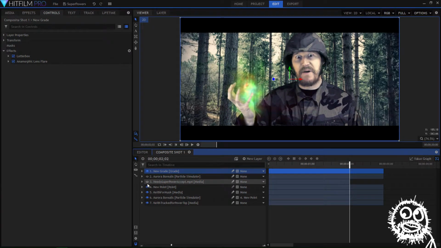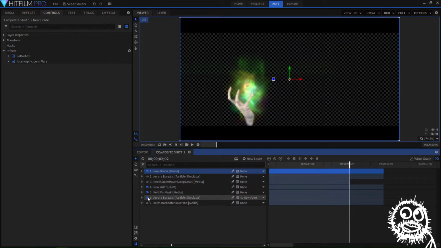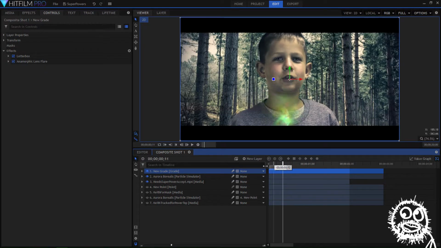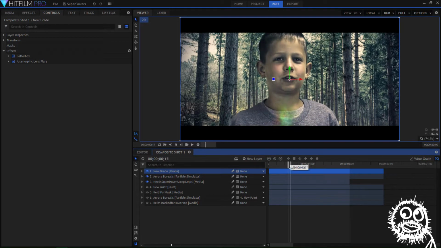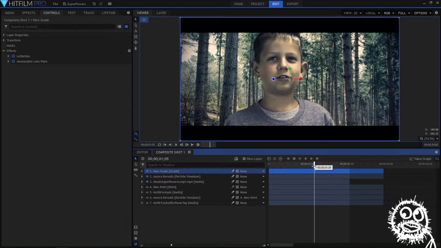So, let's see here. I'll turn me off and that off, and we'll turn Ty on. Turn that hand off. Don't need that new point. We'll turn Ty on. And now we'll take a look at how it was applied in this next scene. And now it's applied to Ty there. As you can see, it just kind of fades into him, which is kind of weird, but I couldn't really think of a better way for him to get superpowers for the rest of the movie,